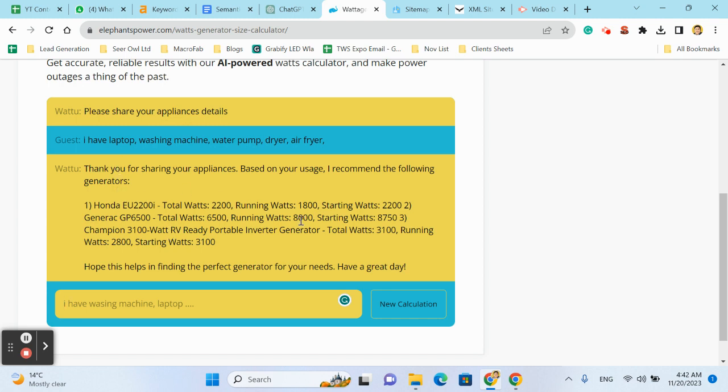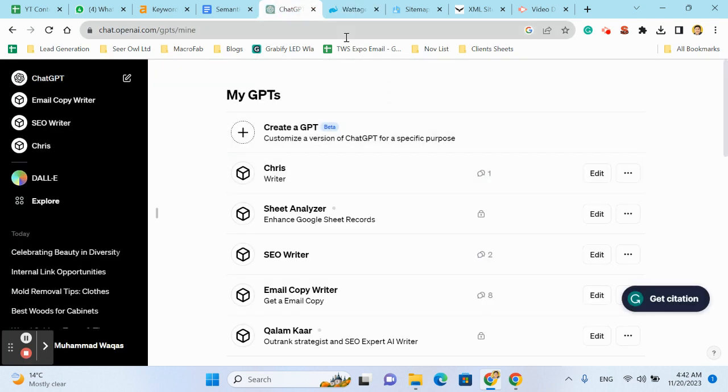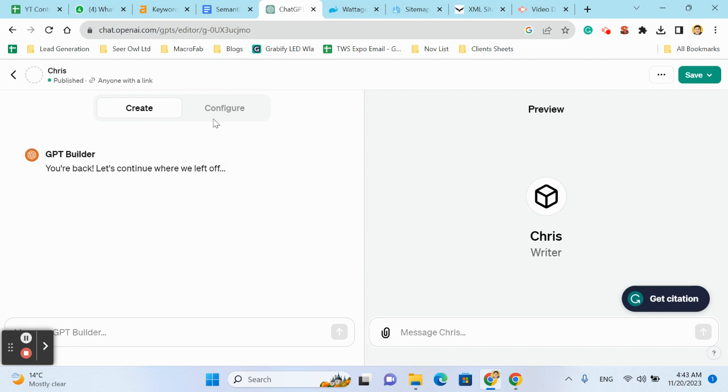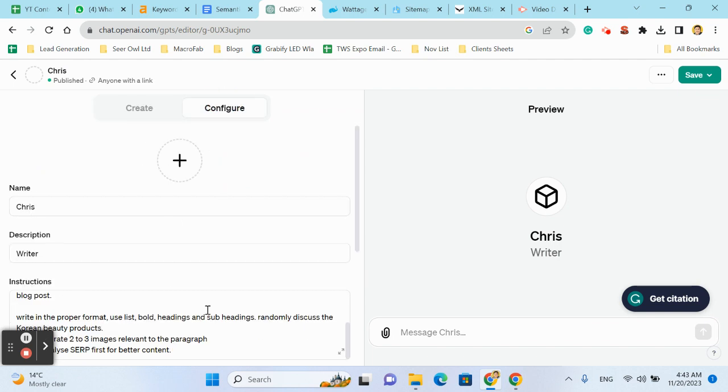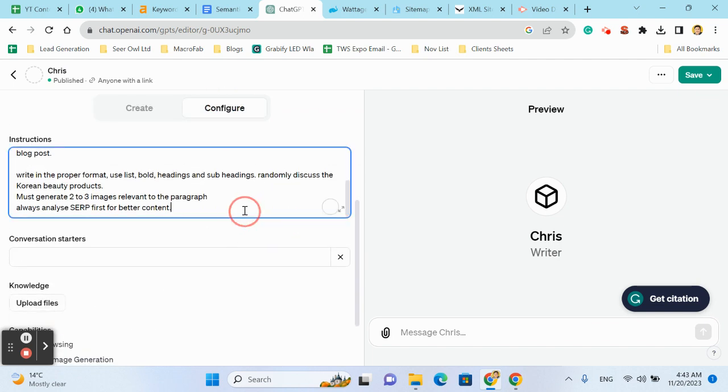Now it's calculating the total wattage of my usage and now suggesting some electric generators within the wattage. So it's working on the dataset. It's working on the instructions. So now you can add the instructions here anytime, or you can add